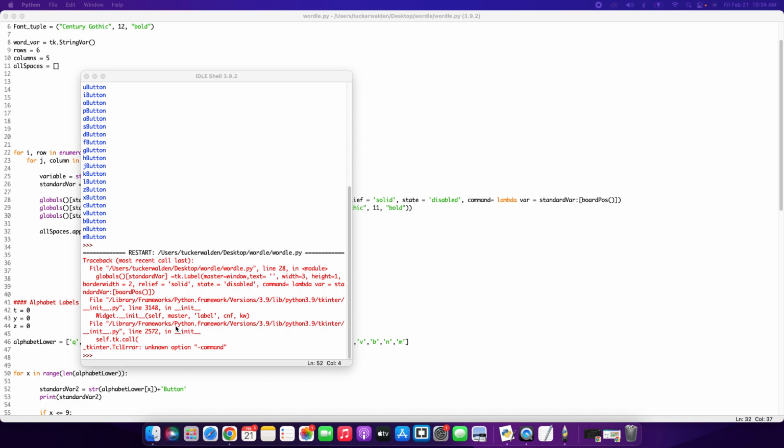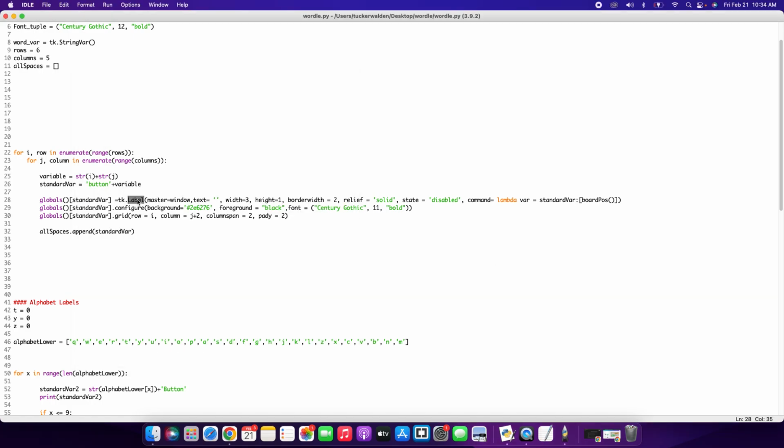We get the unknown option because it's a label. That's on me. This cannot be a label with a command. It has to be a button. So make sure you change this with the for i and row. It's going to be a tk.Button. Now when we run it,